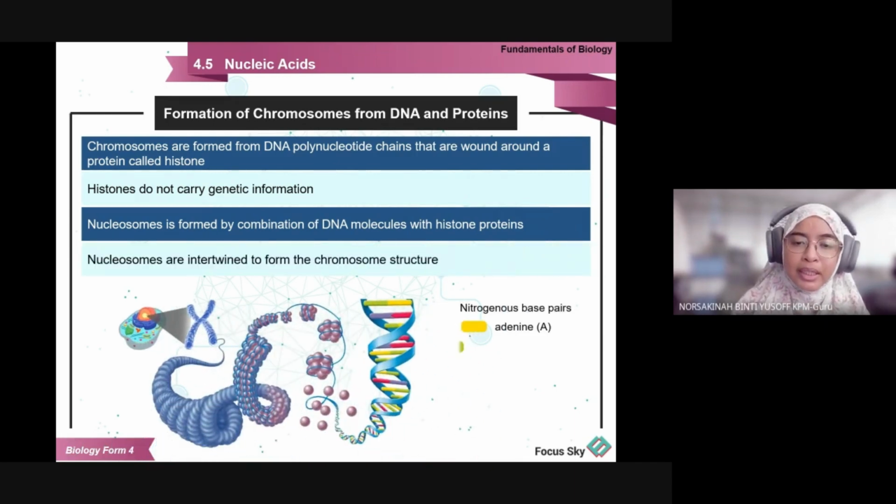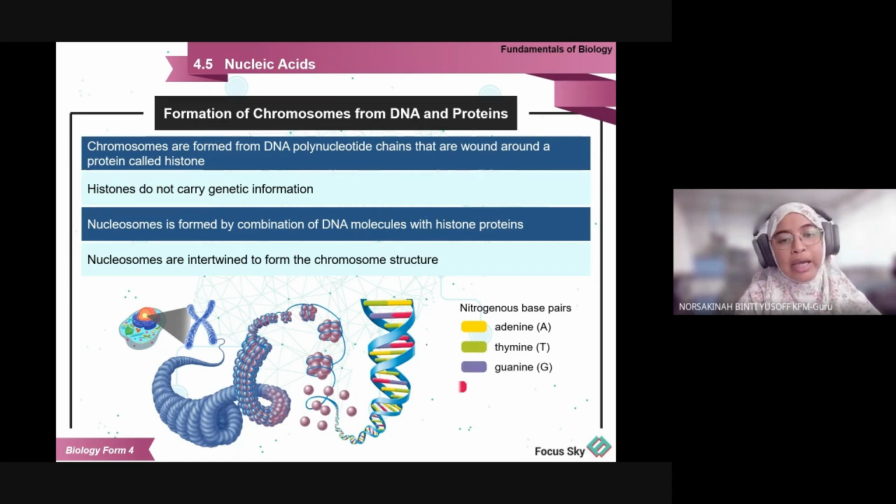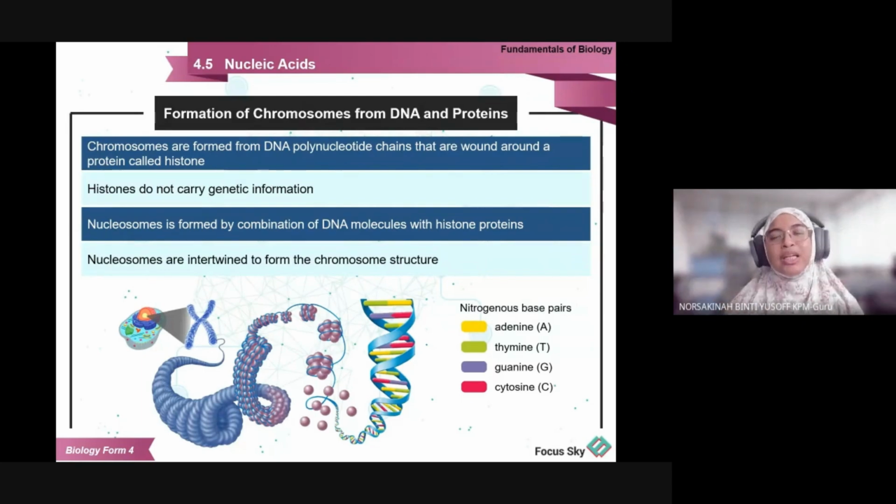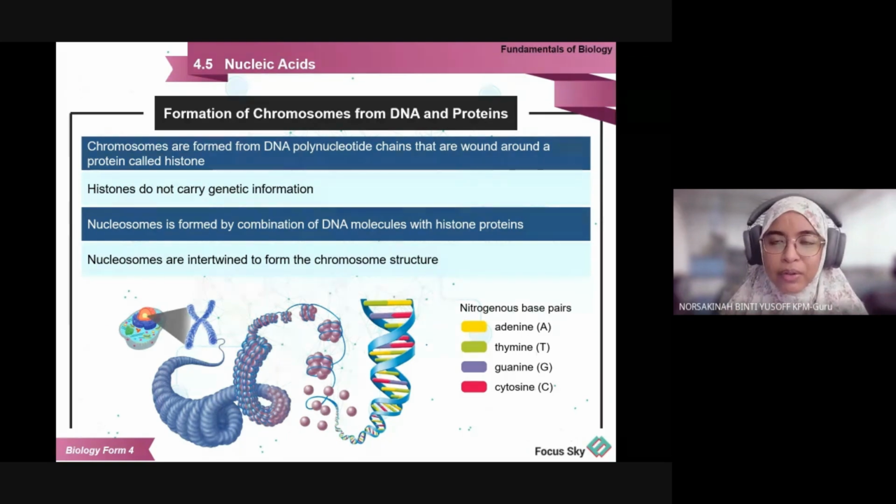Okay, so basically, if you take out the DNA in every cell in your body, it is so long that it can go to the moon and come back to the earth 64 times. Is that kind of long? Now, why is it so short? How can it fit inside your body? It is because